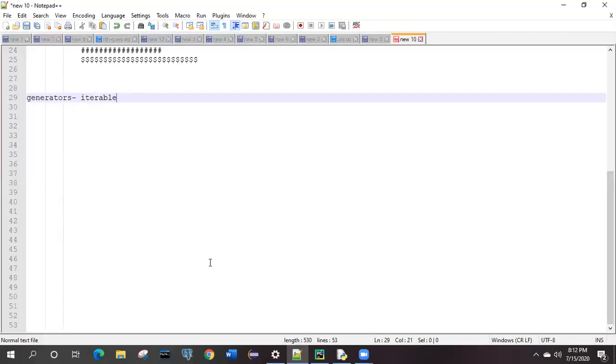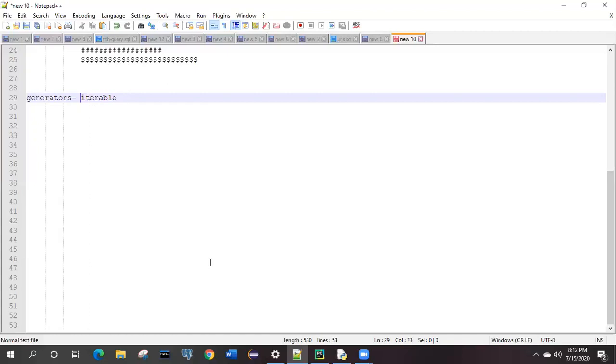What is an iterable? Some collection on which we can iterate from the starting to the mid or the last, like the list, tuple, dictionary. Those are the iterables only. So this generator is also one kind of iterable.